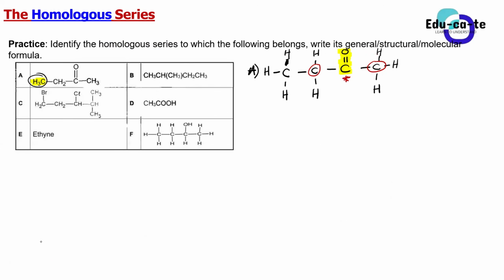And in this case, we've got a carbon double bonded to an oxygen, but that carbon is in between 2 other carbons, or it is bonded to 2 other carbons next to it. Who doesn't see that, guys? Do you all see that? Yes, sir. Yes, guys, next time do not guess compounds. You look at the functional group. That is why I always emphasized in the previous lessons the importance of knowing what a functional group is. So this homologous series is a ketone,